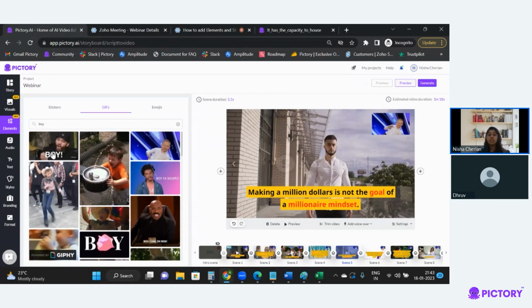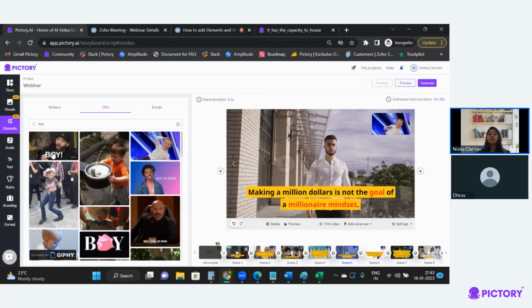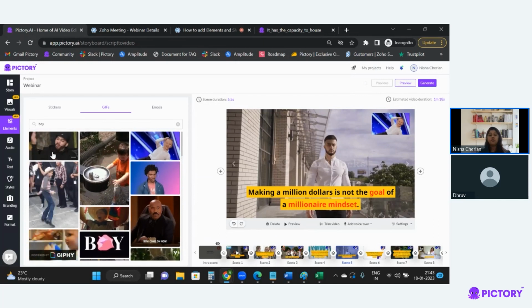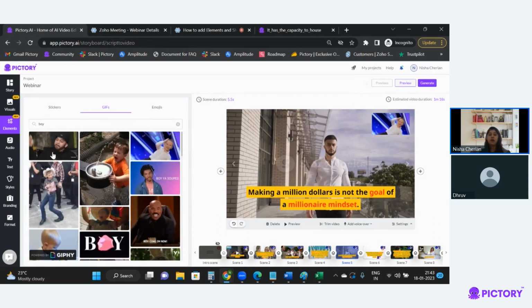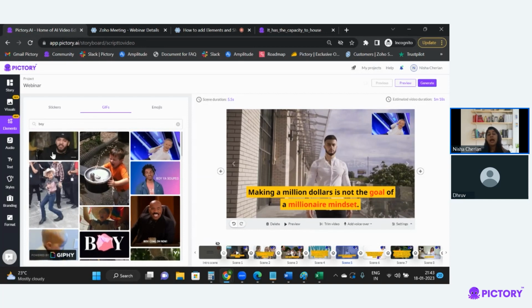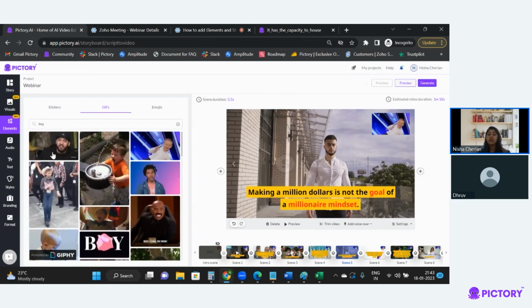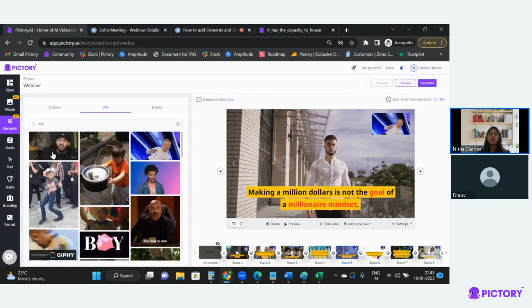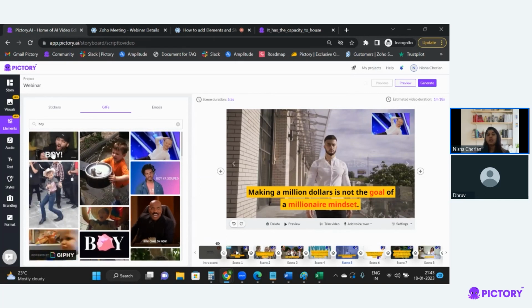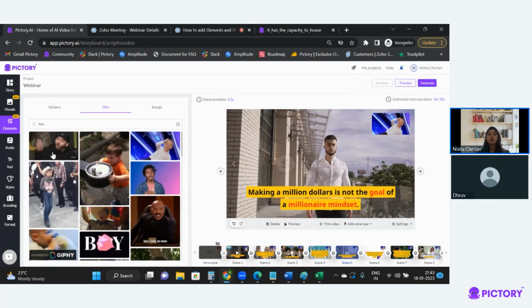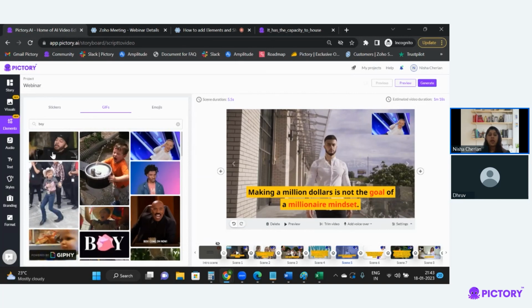And same thing with emojis, you can use them to just make your visuals more lively. And also if you are doing an animated video, this will really help. The emojis will really look nice on animated videos. That's about elements, pretty simple. It's all right there. You can just go ahead, search for anything, and you will be able to find your